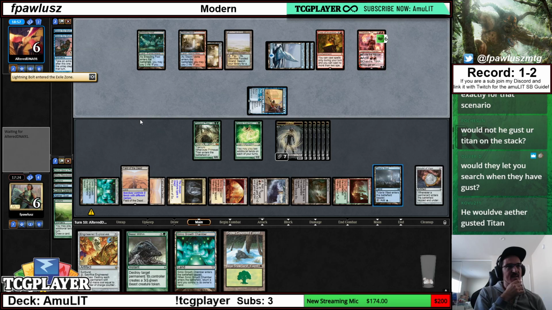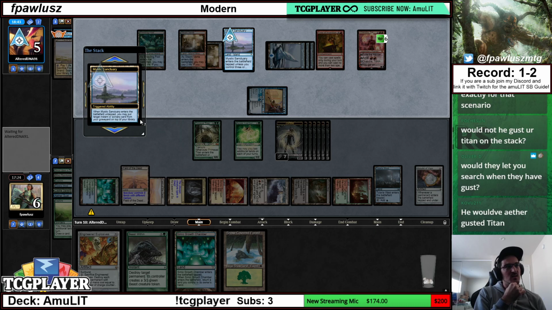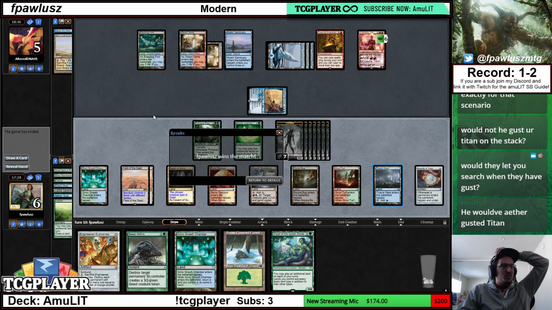Okay. Another Savor the Moment? But we get to untap though. Yeah, that's just, we would just win. Why didn't they Mystic Sanctuary before? I don't know, I don't understand. They could have gotten one more draw, like one more Chandra activation. I mean,